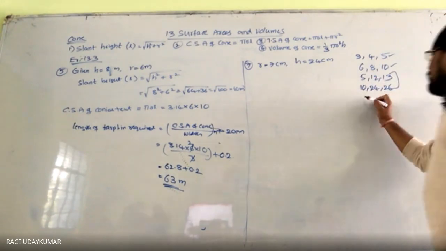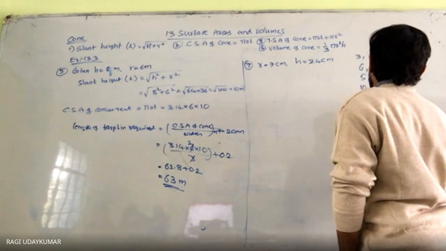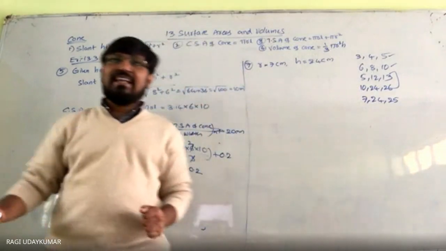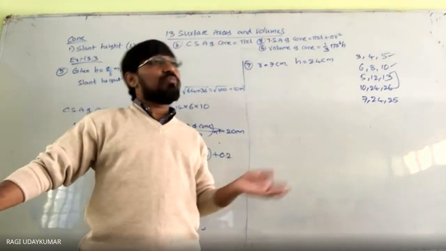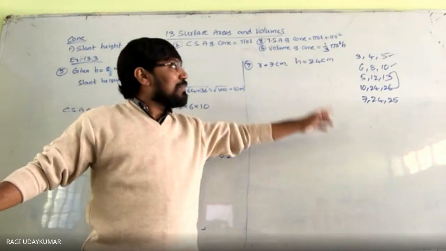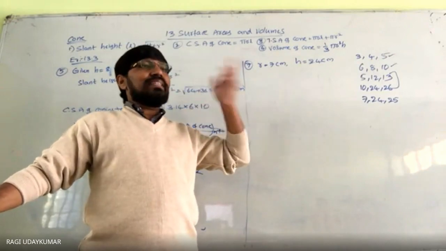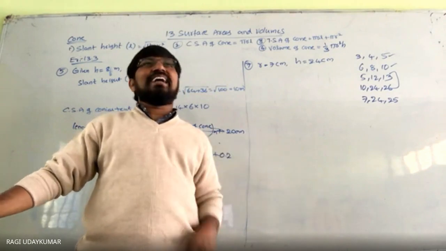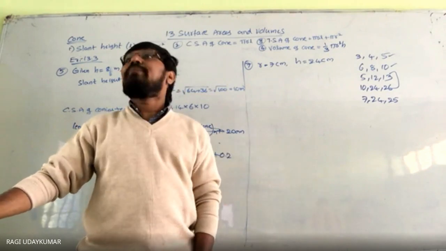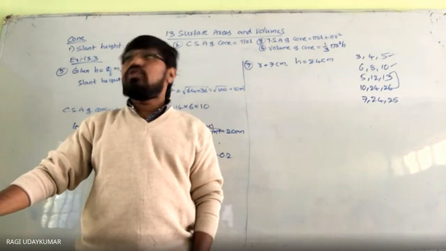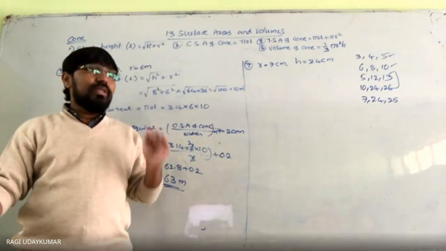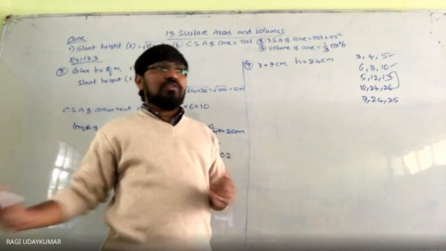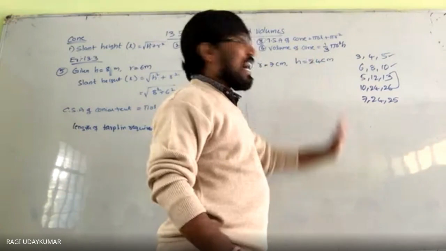And the next one is 7, 24, 25. ये 7, 24, 25. 25 आ जाएगा. स्लैंट हाइट देखो, स्लैंट हाइट फाइंड आउट करते हैं तो ऑटोमेटिकली 25 आएगा. तो मैक्सिमम रिपीट होने वाला है ये पाइथागोरस ट्रिपलेट्स है. आपको 7, 24 देख लिया, 25 पक्का आएगा. वो हाइपोटेनस होगा 25. So you can remember because repeatedly, but you need to solve it. आपको आंसर क्या है पता होना है. You can solve it. So yes, perform करने के लिए याद रखना है थोड़ा सा.